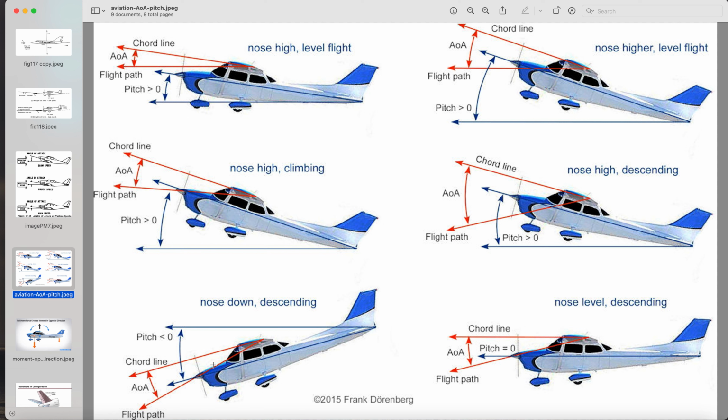It's a descent. You can't fly around a sphere. It can't happen because once you're descending, you're not accounting for weight, right? You're not accounting for weight when this chord line here is not above this blue line. You have nose higher level flight, nose high descending, and nose level descending. What that is, is that the nose high is generating lift, but they're slowing down the plane,